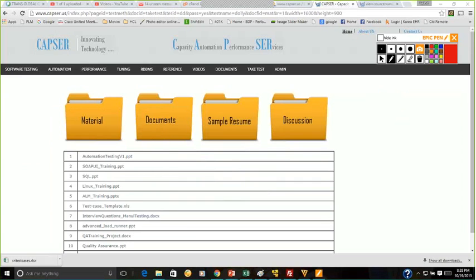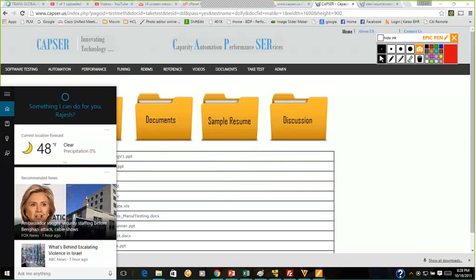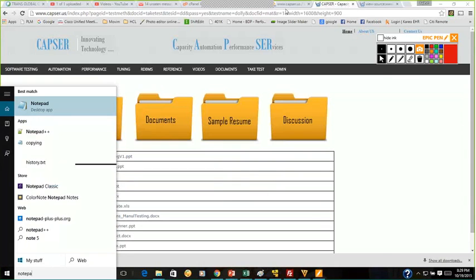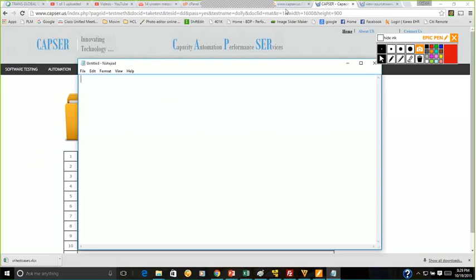So now let's write a simple VBScript. I'm going to write a very, very simple VBScript. I'm going to open Notepad. Since VBScript is developed by Windows, you have VBScript by default in your Windows operating system. So you don't need to install any special tool in order to execute VBScript. QTP is different. We are going to use QTP, and in QTP we are going to write VBScript. That's different. But if you just want to write VBScript, you don't need any tool.